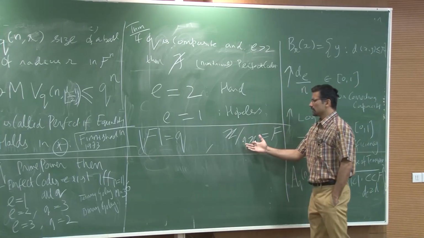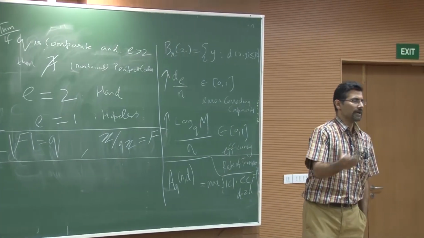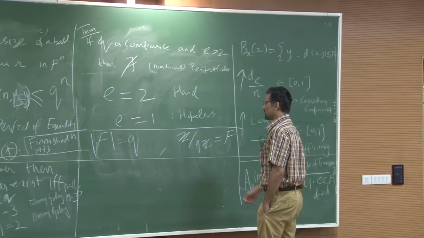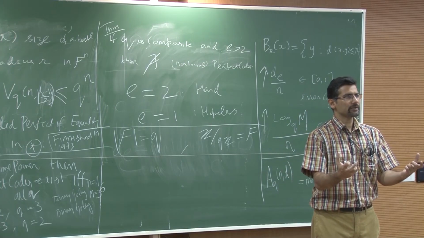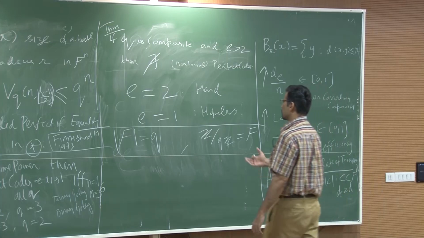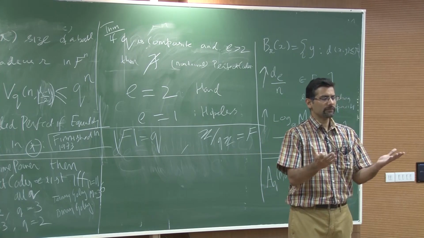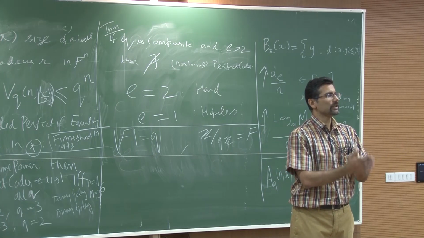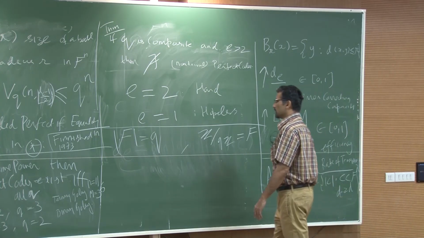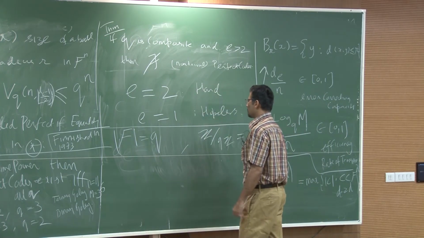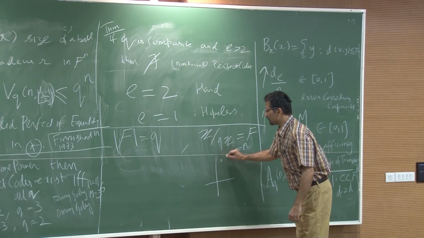So you have remainders 0 up to q minus 1, and q goes back to 0. The advantage of this is that to get the distance between two n-tuples, you simply subtract, because you can subtract here. It's just a notational convenience. You have two n-tuples x and y, subtract them and see how many non-zeros there are. That's the distance between two n-tuples. Okay, so let me go back to this picture. You have F to the n, and you have some